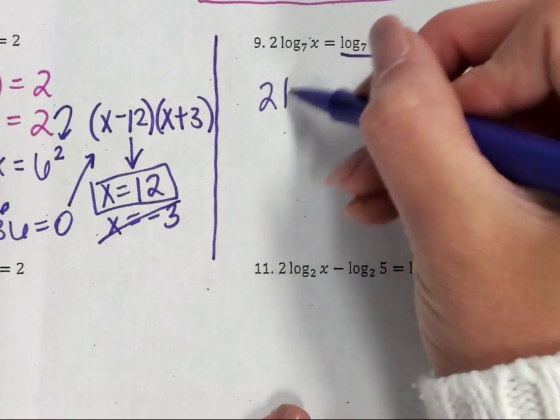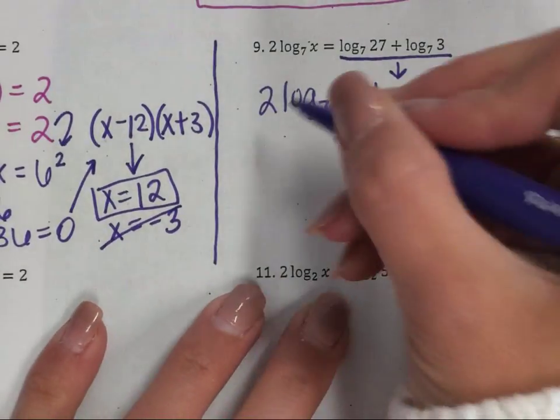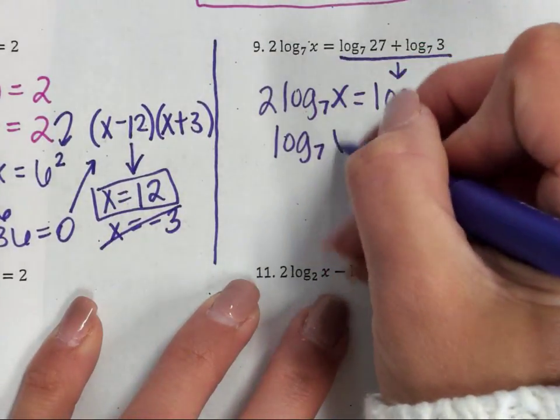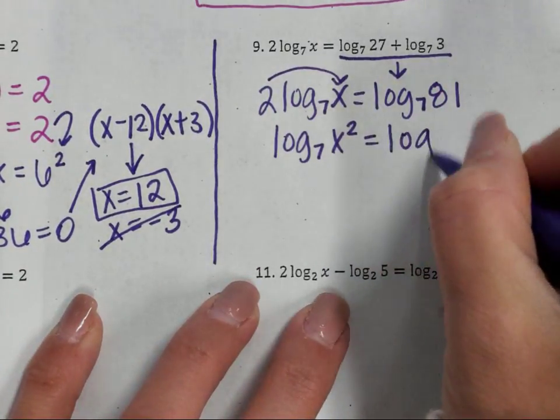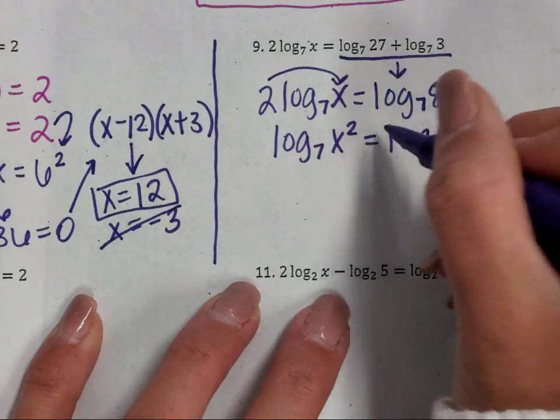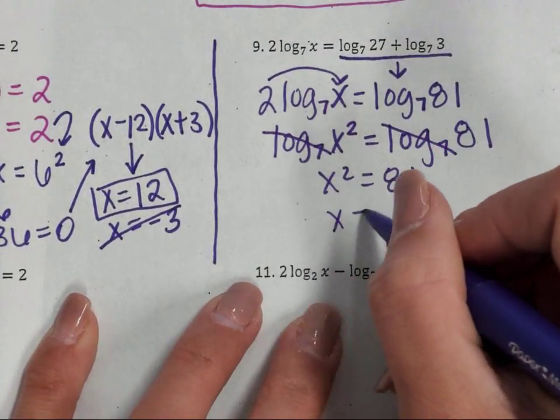Now on this side, I could, if it was log 7, log 7. What's messing us up? The 2. But I can change this and move it where? To the exponent. Okay, make it x squared. So I can change this to log 7 of x squared using the power property. Now there's log 7 on both sides, right? So I can do what? Cancel them. X squared equals 81, so x equals